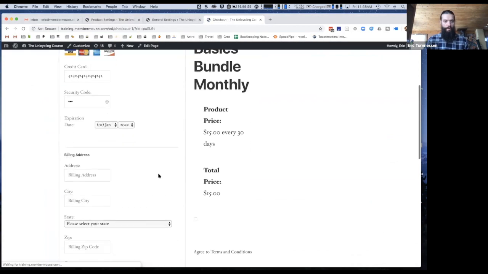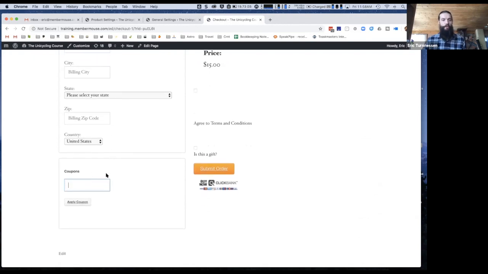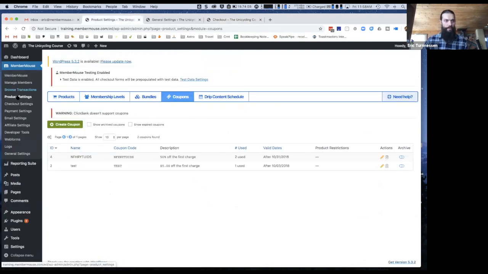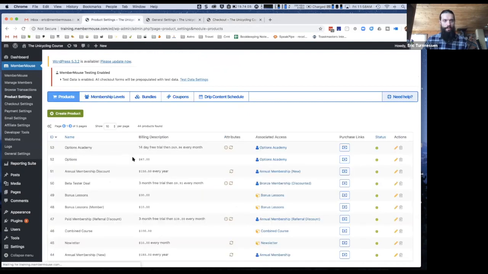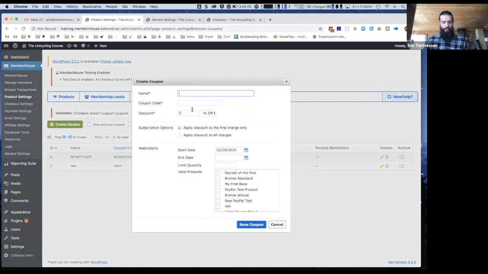let me just make sure the coupon thing is on it. Okay, so you see on the checkout page, there's a place where you could put coupons in. And this is our basics bundle monthly product. Okay, so let me go find this in my products. Actually, sorry, I don't need to do that. If we go to coupons, so let's say the basics bundle monthly product, I have a lot of